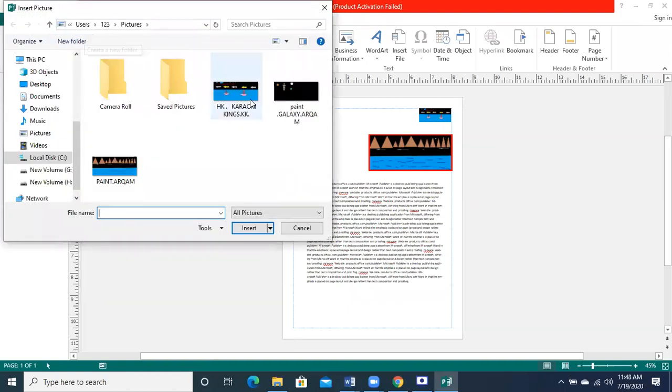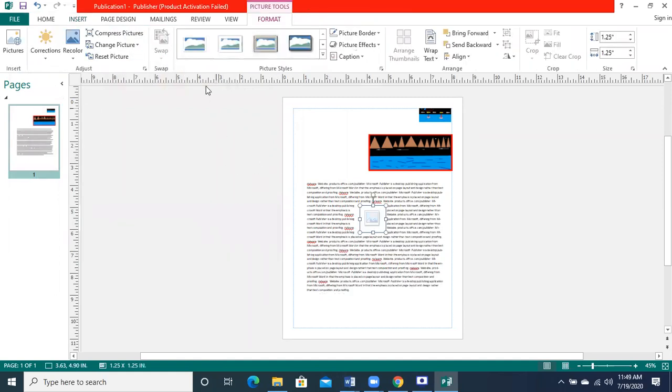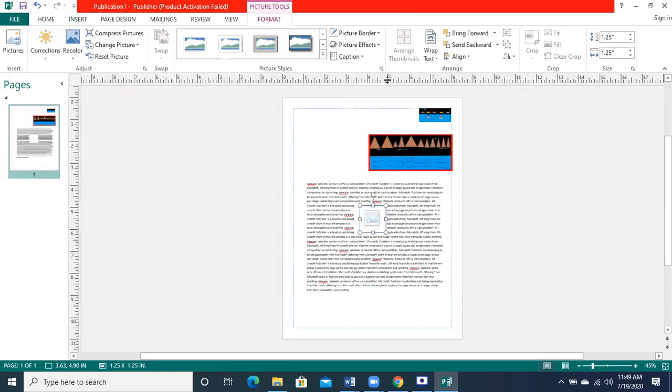By default, it browses your computer in order to insert a picture, but you can bring the picture from all the options available over here.